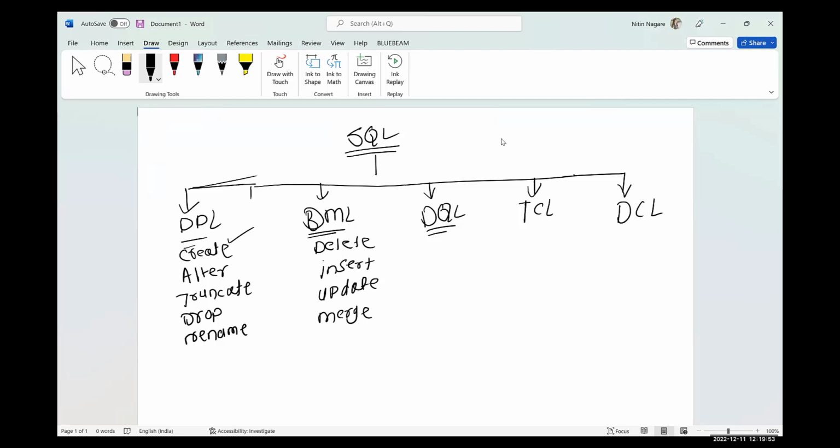These are the 4 commands in DML. Then we have DQL, data query language. In this, we have only one command, select. DQL is nothing but data query language. We query the database to fetch the data. So DQL has only one command, select. We just select the data from the database.